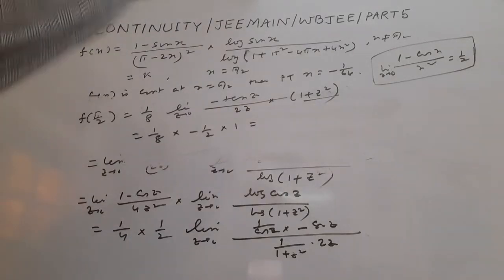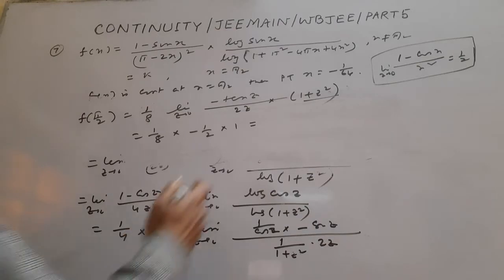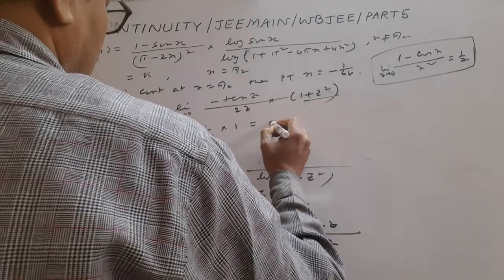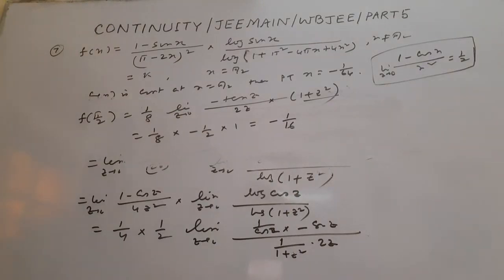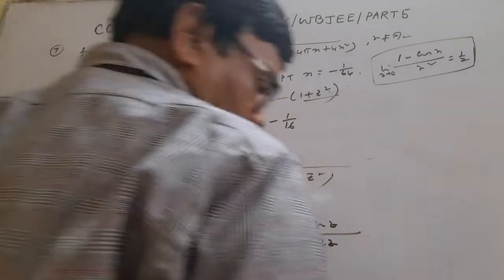So what is the value? Value is 1 by 16. So let us verify. Let us verify. This is whole square, so 4z square. So answer is